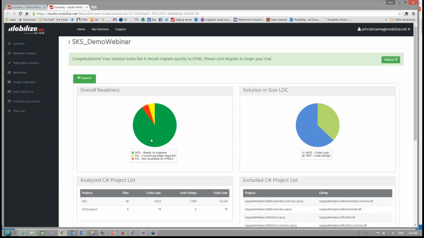That is to say, it should migrate through automation right over to the web, and you really shouldn't have to do anything to that code once it's been migrated. So of our 12,000 lines of code, that's in excess of 9,000 lines of code that will go over right away. About 5% of the code in this application, and I know which 5% it is, is just not